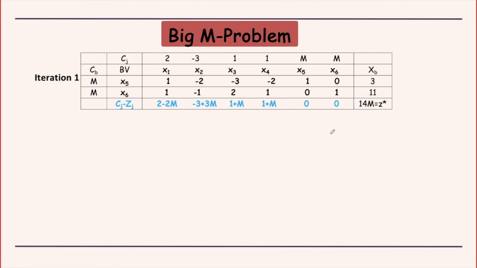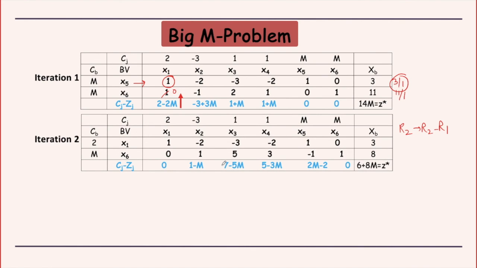Now if you proceed to the next table, this would be the entering variable. For the leaving variable, you have these two ratios, 3 by 1 and 11 by 1. So this is the minimum, so this is your departing variable. This is your pivot element. The pivot element has to be made 1, it is already 1, and here you have to make a 0. So your operation would be R2 is R2 minus R1. You make changes throughout till this 11, so the whole row has to be changed. That gives you the second table. So this has also changed to 8.